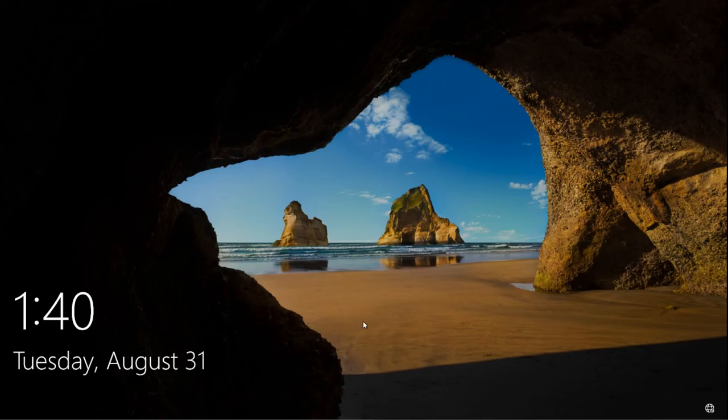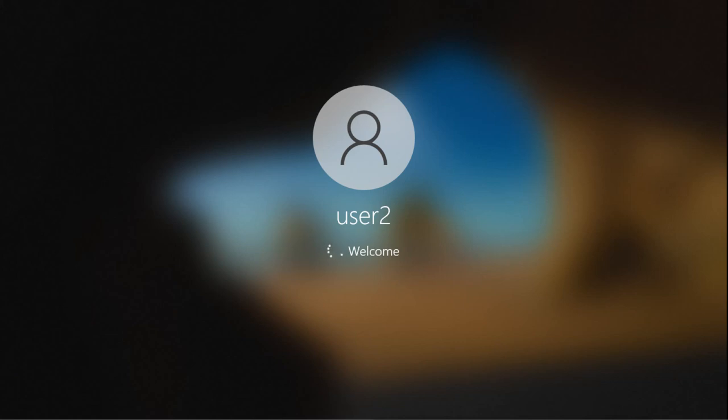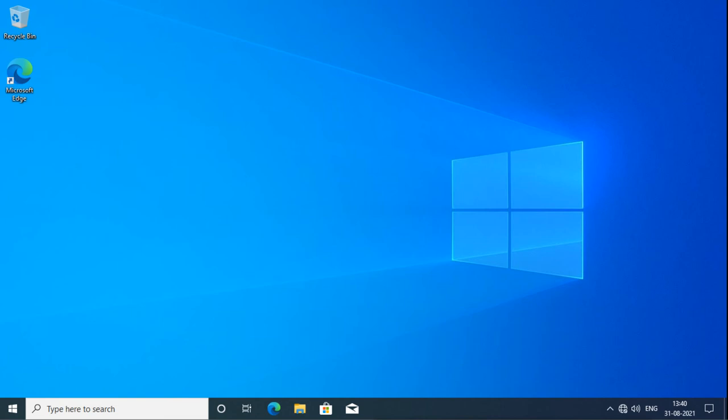Now I will try to log in as user 2 again. It was blocking the inheritance, but because we have forced the policy, the policy is going to be applied on this user also, whether it is blocking or not. Okay, now I will try to see the properties again, and I am not able to see the property as user 2 because the policy which is blocking the recycle bin property is now enforced, and it is enforcing on all the OUs and child OUs.